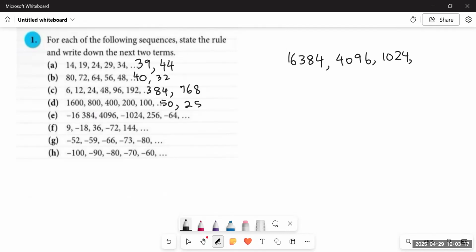So what shall we do? Let's take multiplication or division. If we look at the numbers, they are not increasing. 16,000 is greater than 4,000. It means the numbers are decreasing. And in this case, students, when you have one number as negative and the other as positive, then negative, then positive, then negative, then positive, always remember, if the alternate numbers are negative,